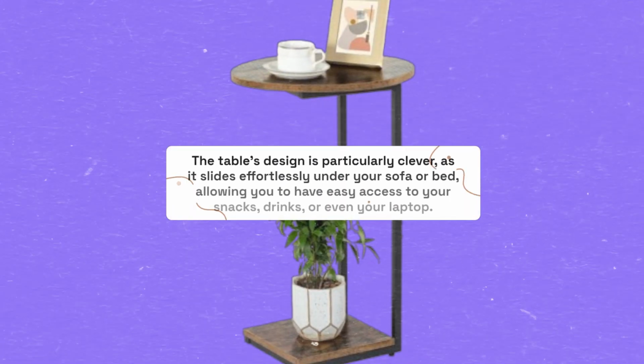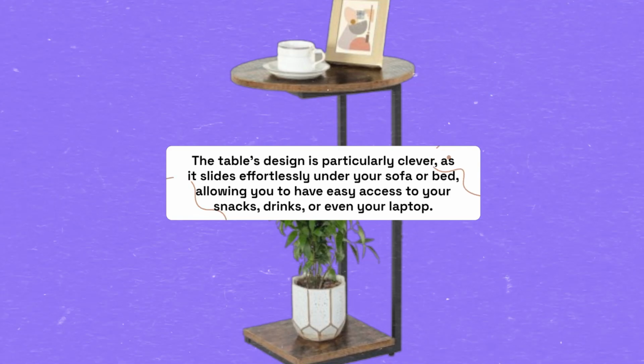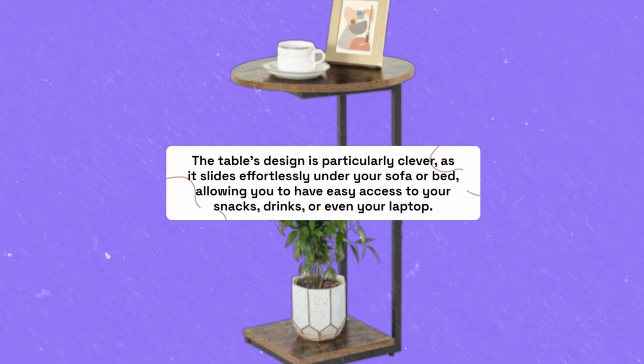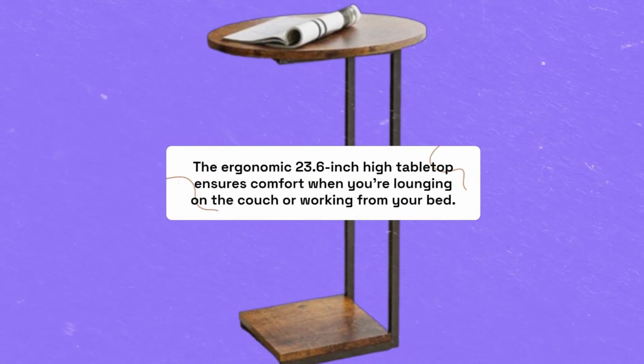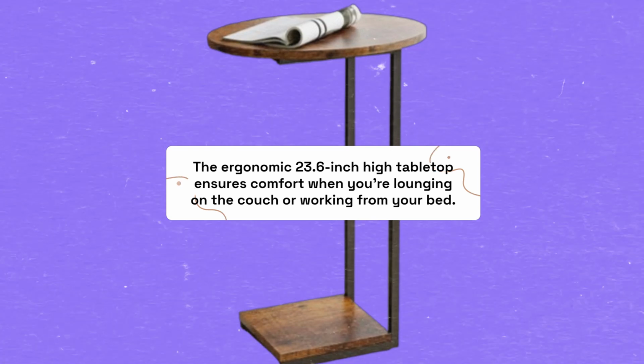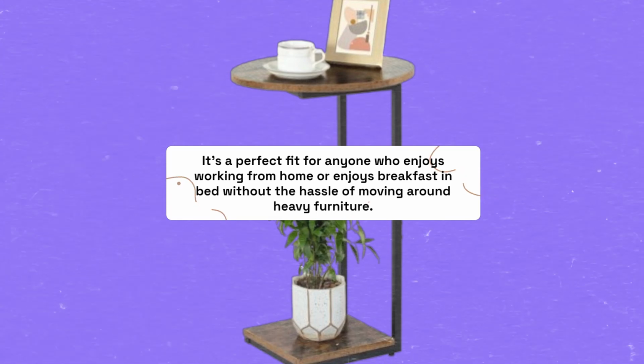The table's design is particularly clever, as it slides effortlessly under your sofa or bed, allowing you to have easy access to your snacks, drinks, or even your laptop. The ergonomic 23.6-inch high tabletop ensures comfort when you're lounging on the couch or working from your bed. It's a perfect fit for anyone who enjoys working from home or enjoys breakfast in bed without the hassle of